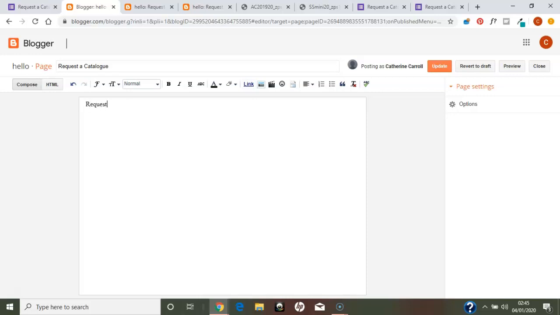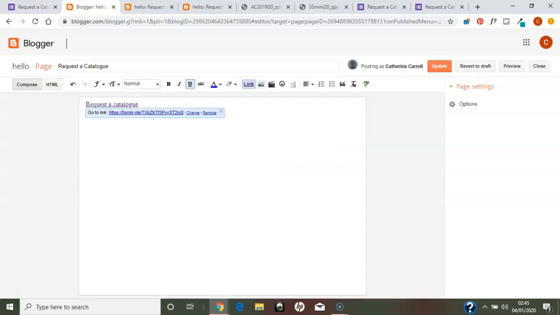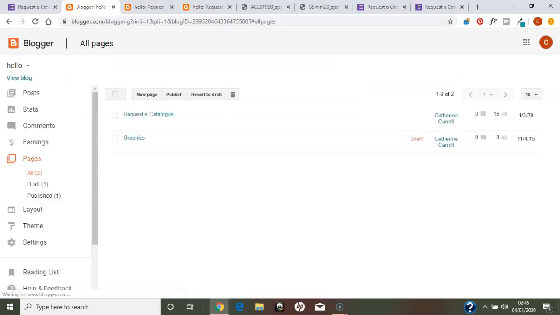So I'm going to add the text, which is request a catalogue, and I'm in the visual editor here. That's why I've got lots of tools available. I'm going to use the link tool, and all I'm going to do is put that link in there and click OK, and then that's going to be a clickable link within my blog post. Okay, so if I publish this,